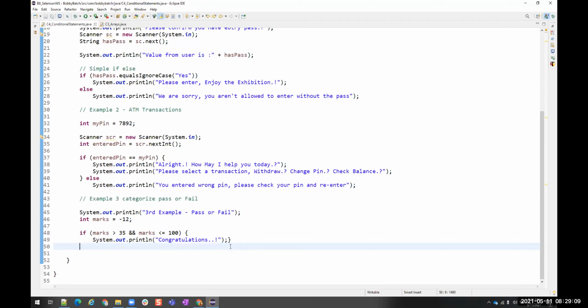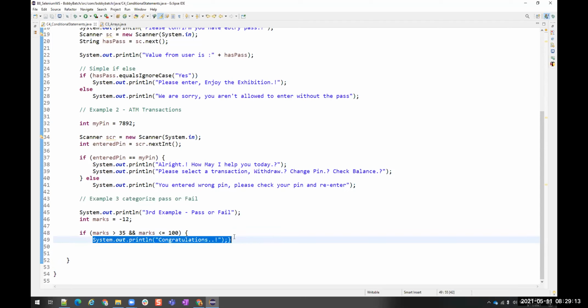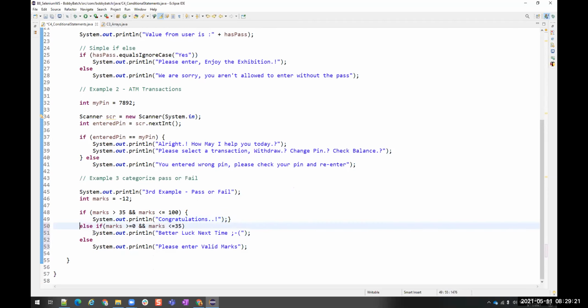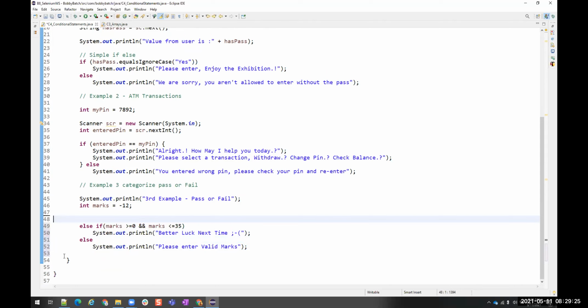Without the else, if this condition is matching, it will execute this. Otherwise, it won't execute this. That's all. But if you have to perform another action, then you need else conditions. Without if, you cannot have else conditions. You see, it will say syntax error else, because without the if condition, you cannot have else statements.